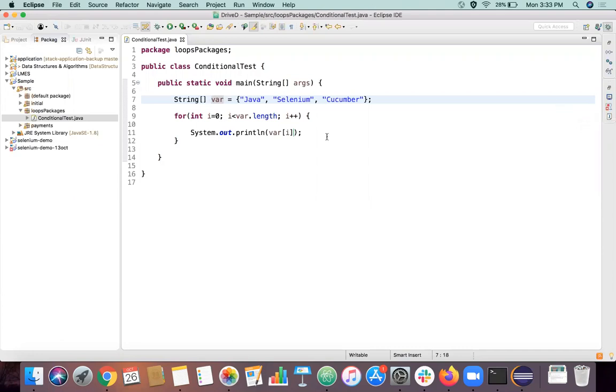So I can combine another for loop also like this. I can put a for loop inside a for loop. For example, in the first iteration, I'll get Java, right? What if I want to split this Java again? Again, I can use something like j is equal to 0, j is lesser than the variable of the first iteration dot length, sorry, it's J actually, J plus plus. I can just print